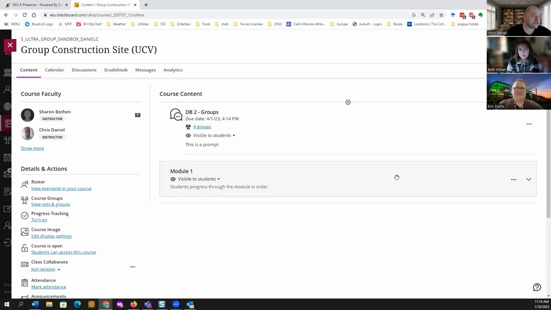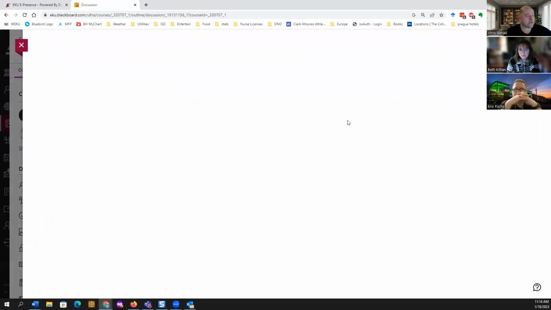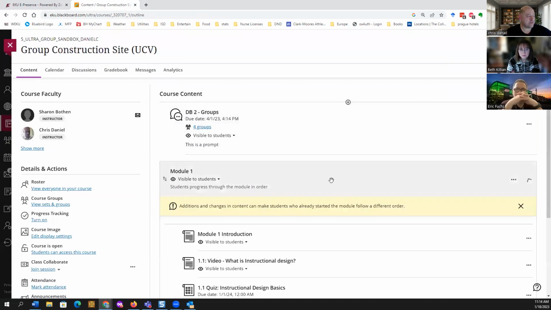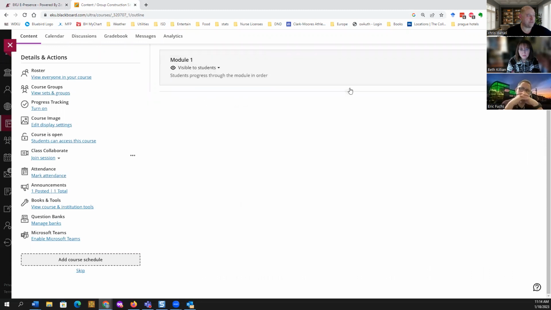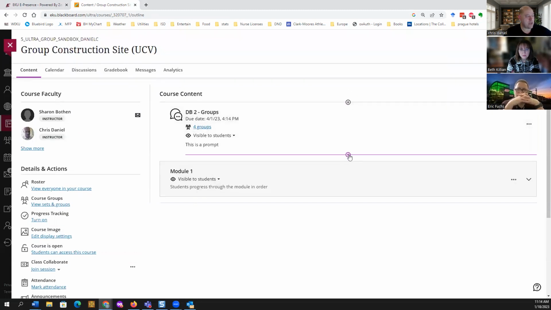So let me talk about actually creating some content items. Anywhere you see a plus, whether it's ahead of a folder or a learning module, or whether it's inside of a learning module, you'll see between each of these lines is the ability to find and click on a plus. I'm not going to do it inside a folder yet. I'm going to do it outside of a folder. And then I have some options. I'm going to go to create because that's how we can create most of the major options, even though we have some options to consider here.